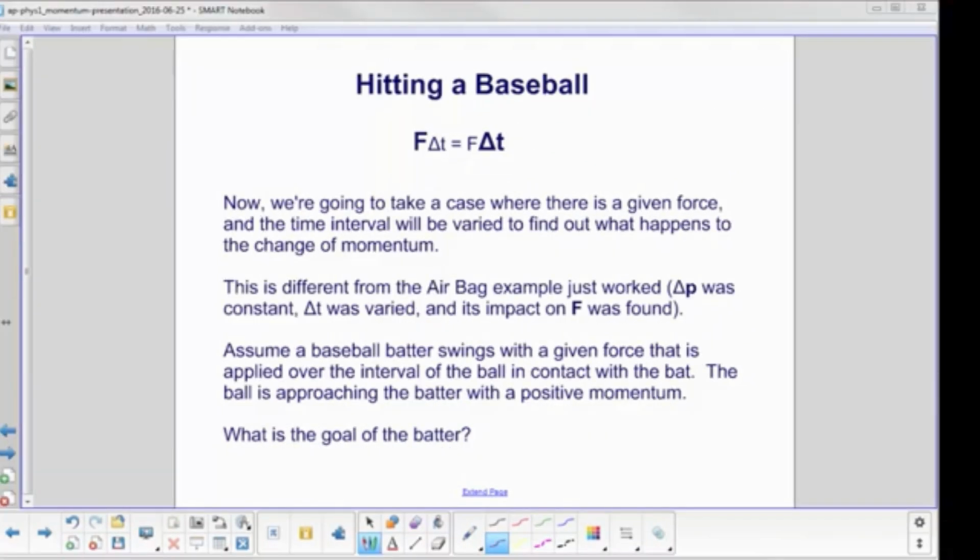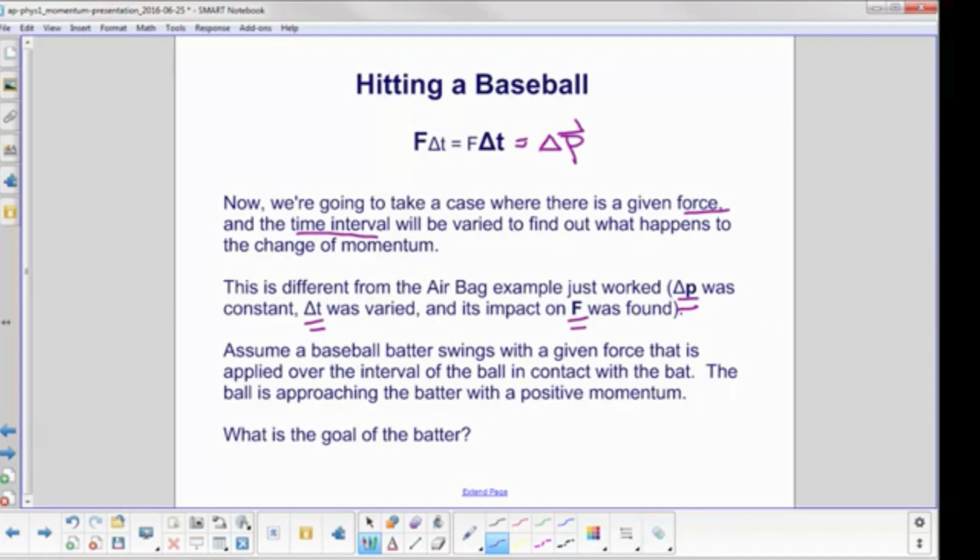This time we're going to take a case where there is a given force, and we're going to vary the time interval to find out what happens to the change in momentum. This is different from the airbag example, where delta P was constant. That was the car slowing down from a certain velocity to a stop. Delta T was varied depending on the airbags and the safety belt,